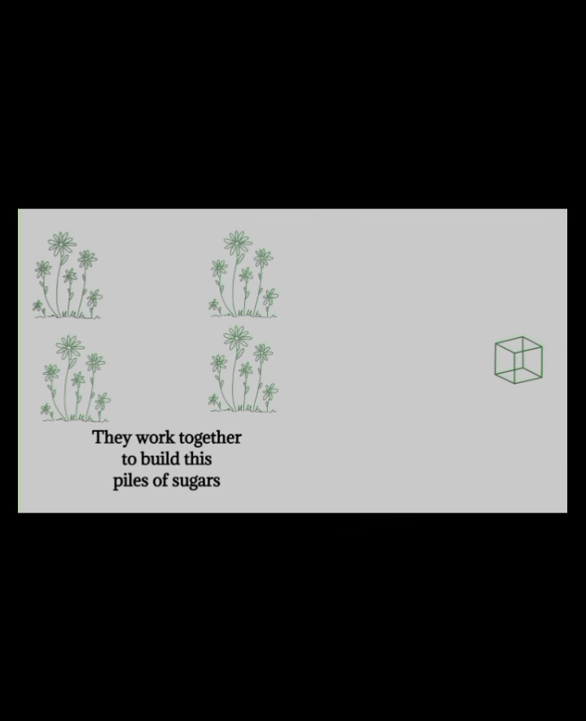Like they do what we call collaboration. They work with each other to build these piles of sugar called glucose. And how is this done? You're going to be seeing shortly in the next slide. But just know that all plants in your environment work together to combine, to collaborate, and they end up forming what we call